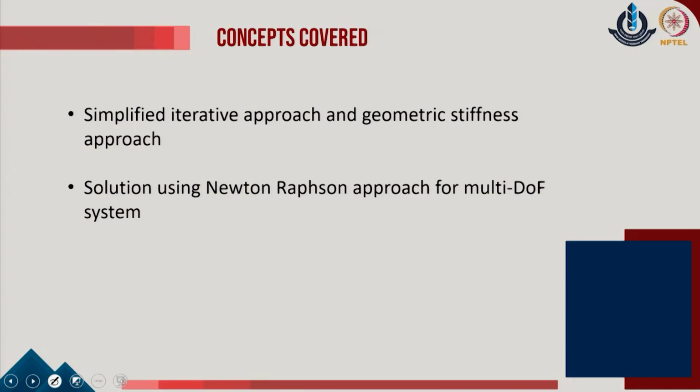So, as a next part we will try to see how the simplified iterative scheme which we already discussed can be extended to the geometrical stiffness based approach, and then the overall solution which we obtain from the given system. As we realize, the moment we have a geometrical stiffness in the given system, that means the nonlinearity has been added, and now the solution of the system may not be a very specific solution which we get through the inverse of the stiffness matrix. In these cases again we have to go to the standard nonlinear equation solvers like Newton-Raphson, and that we will try to see now for a multi degree of freedom system.